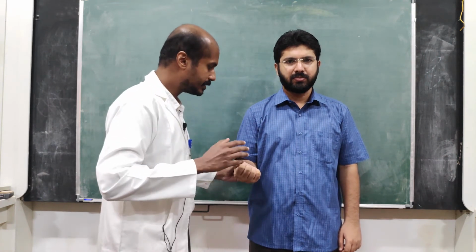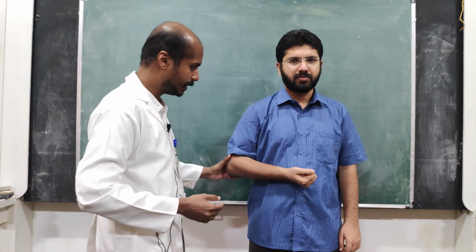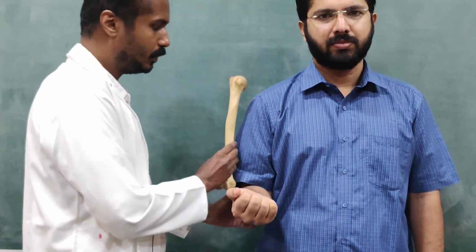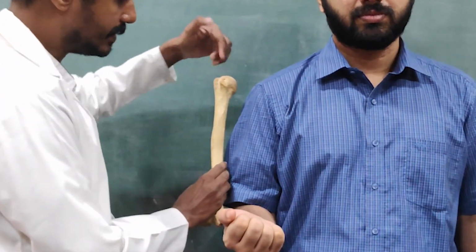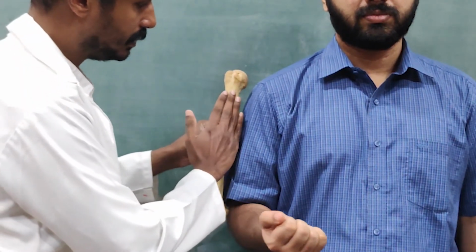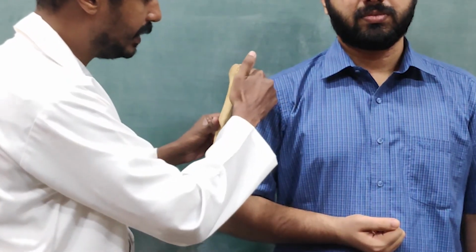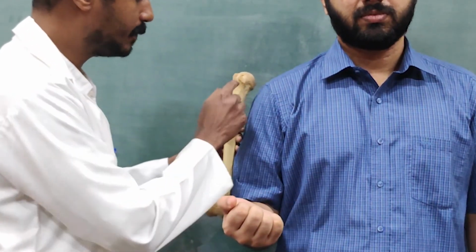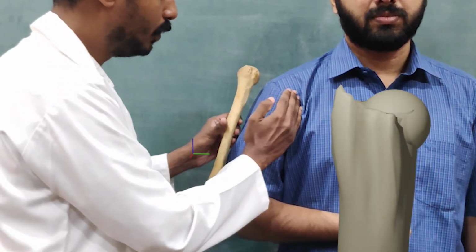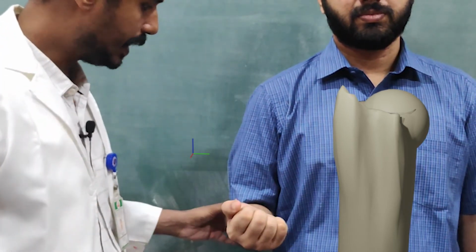Once you do this, supination and pronation cannot mask, so that we will get a pure medial and lateral rotation testing. So first I will ask him to do a medial rotation of the humerus or the shoulder. What happens is, this is the orientation of the humerus, this is the long axis and this is the anterior surface. When he does a medial rotation, the humerus will rotate on its own long axis like this. Please note the lesser tubercle, which was directed anteriorly, will move more and more medially when you do a medial rotation.